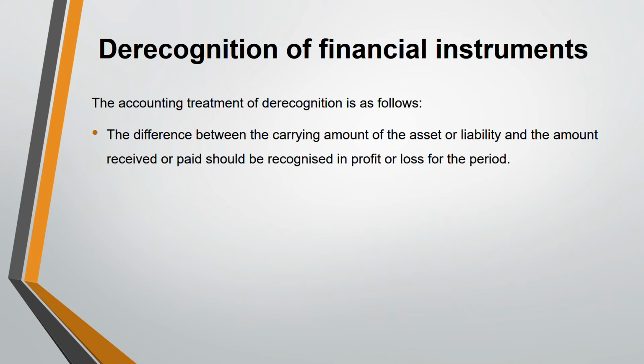Okay, should be recognized in profit and loss for that period. That means you have to find a profit and loss because you're selling off. When you're selling, profit and loss, you will have to recognize it. Okay. Second,